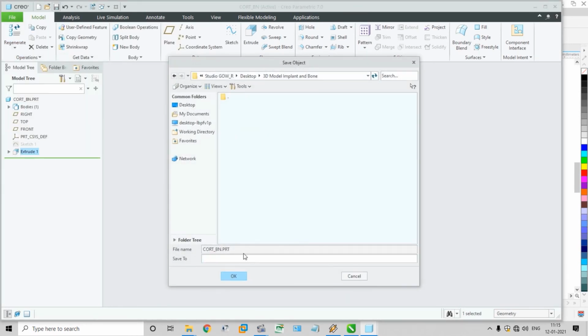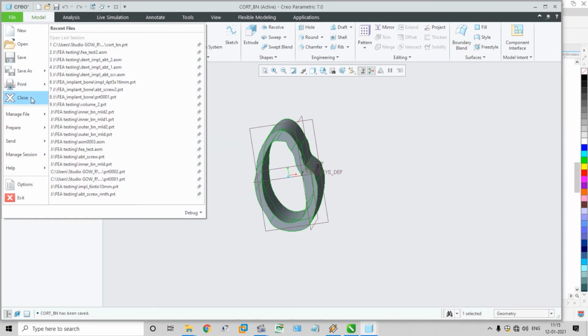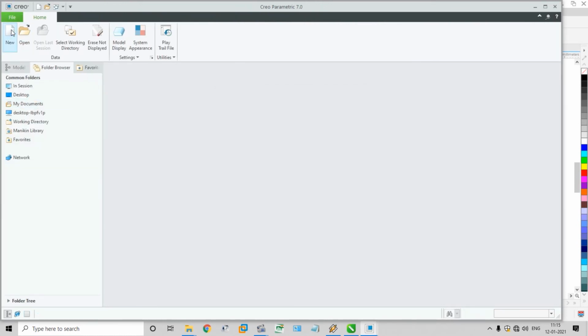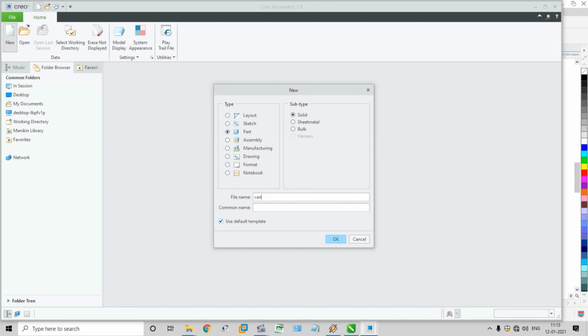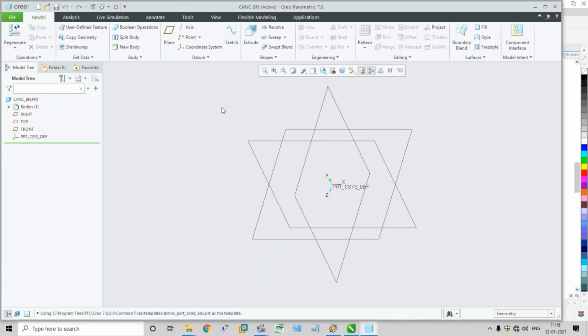Save this file, cortical bone part PRT file, 3D model, the default folder is here, click OK, that's all. Then close this file, new file, cancellous bone, part solid, okay.